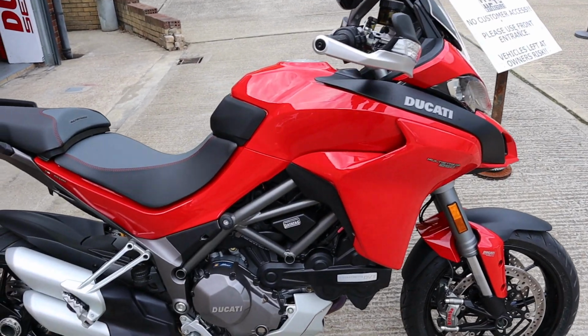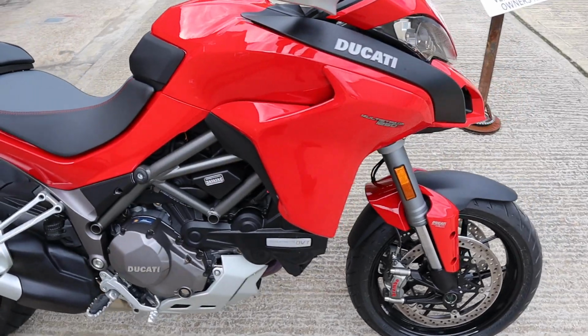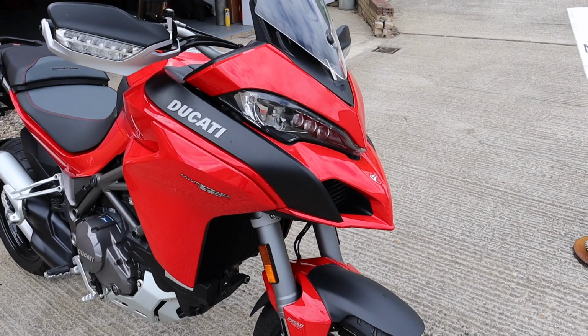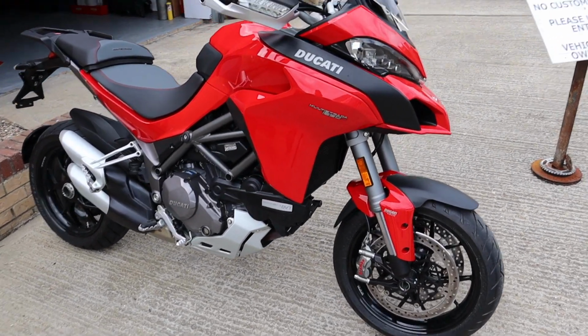Well, so that was a Multistrada 1260S unboxing and quick look around the bike. Had a little ride of it. Not ridden one of these for a while, so we're quite surprised how well it rode actually, how light it felt, considering when you look at them they look a bit bigger. One thing I was probably a bit disappointed with was the wind on it. I thought there'd be a bit more wind protection, but it seemed quite windy once you started getting up the speed a little bit. So I think maybe changing the screen would be something that I would personally do,